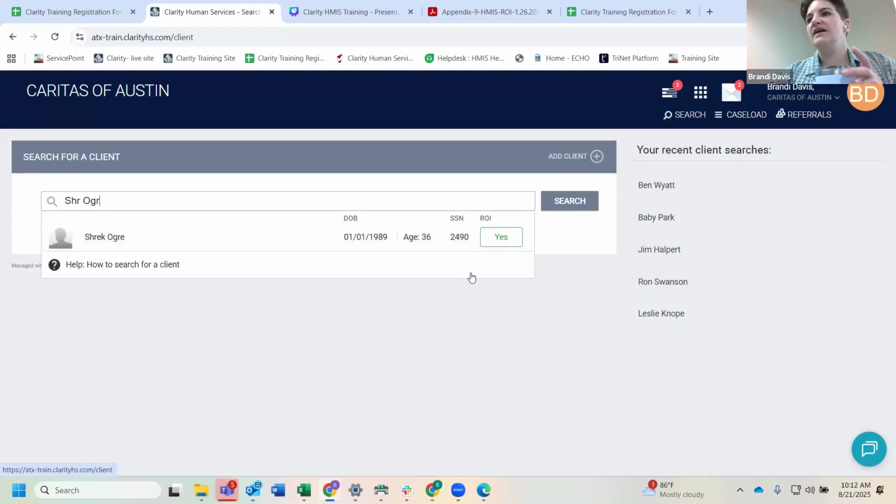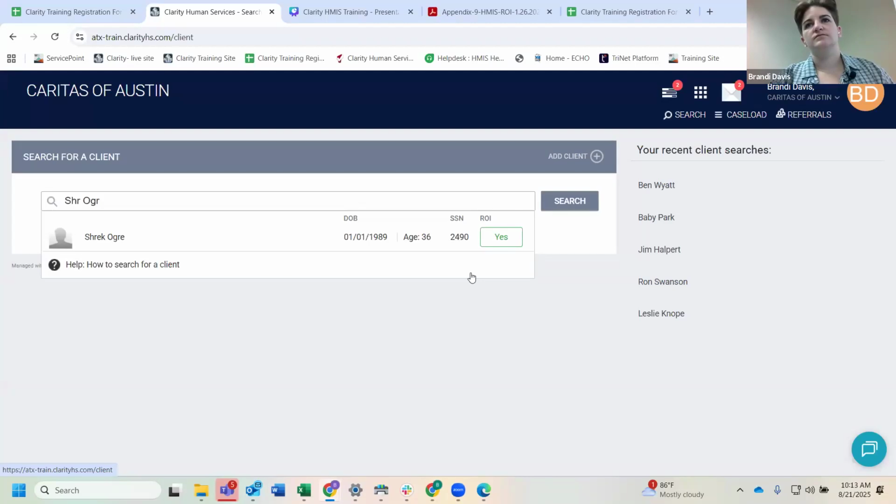Yes, question? Yes, so we are talking with our vendor about having the same HMIS numbers potentially come over, but they may be new HMIS numbers. They are going to come over. However, Clarity does use a new system for assigning IDs to clients. So clients that we add moving forward are going to have a Clarity client ID. All clients will have a Clarity client ID.